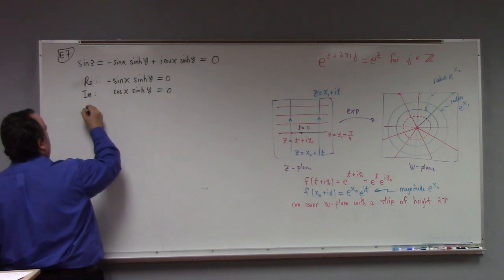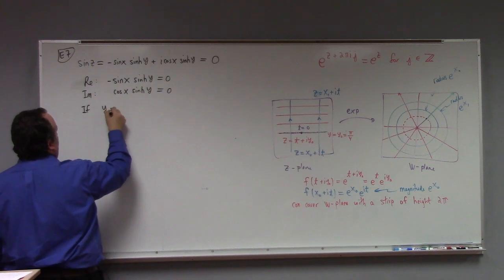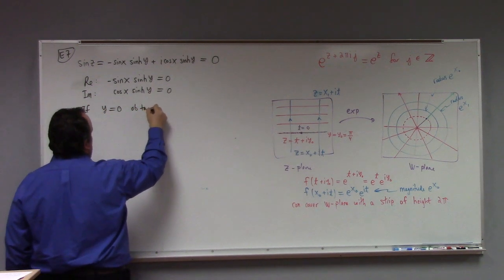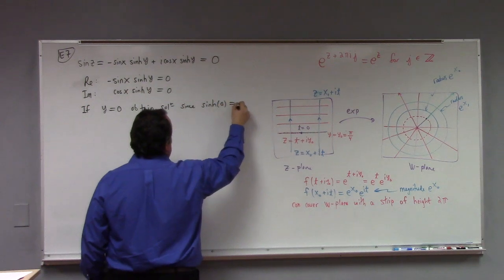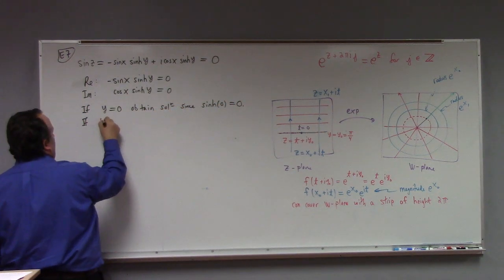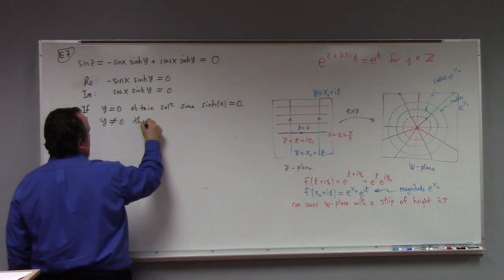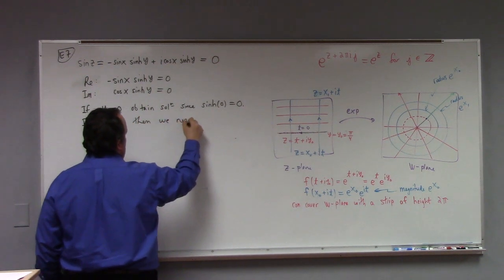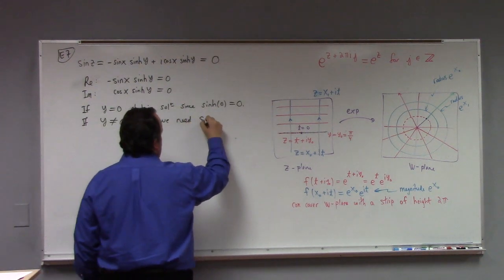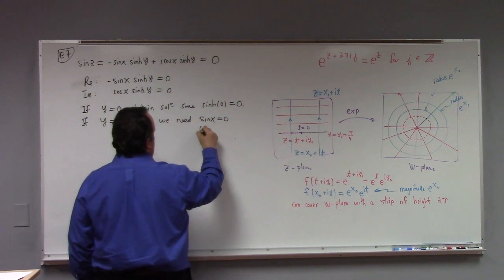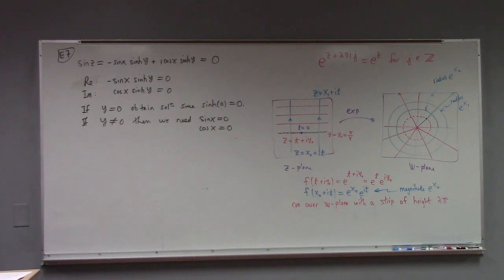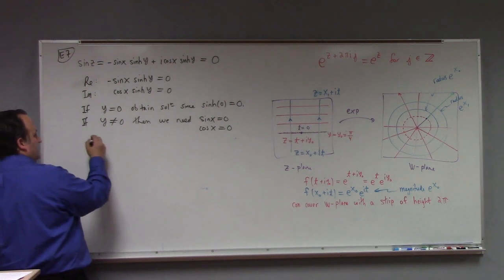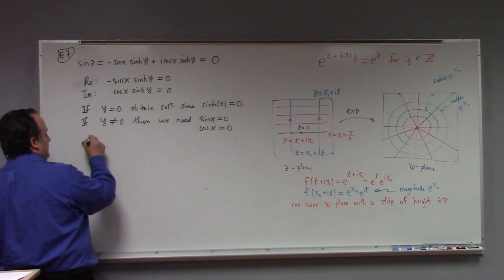So if y is equal to 0, we obtain a solution, since sinh of 0 equals 0. If y is not equal to 0, then we need that sine of x is equal to 0 and cosine of x is equal to 0. But this is impossible. Can you prove that? Well, we'd have e to the ix